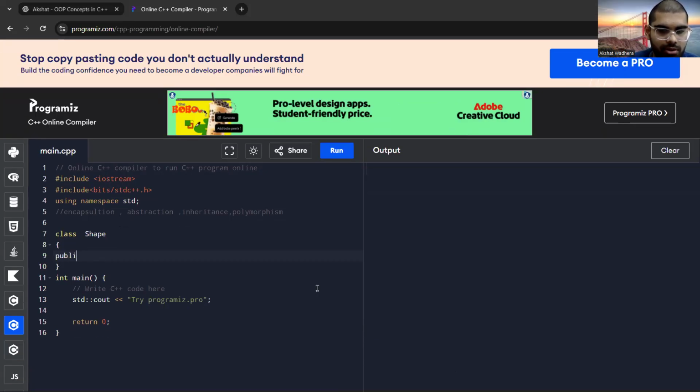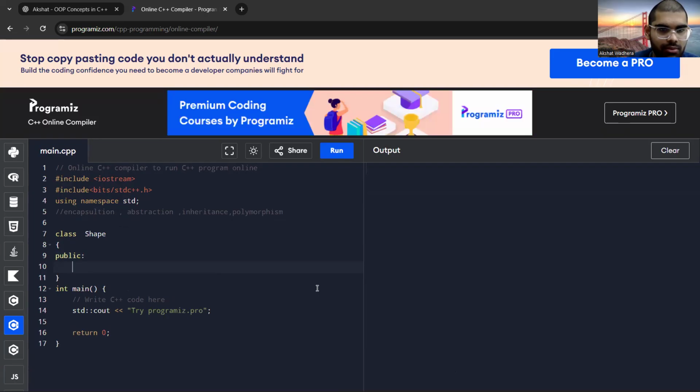So public, virtual void print, so that we could print the area. And let's also define a virtual function called